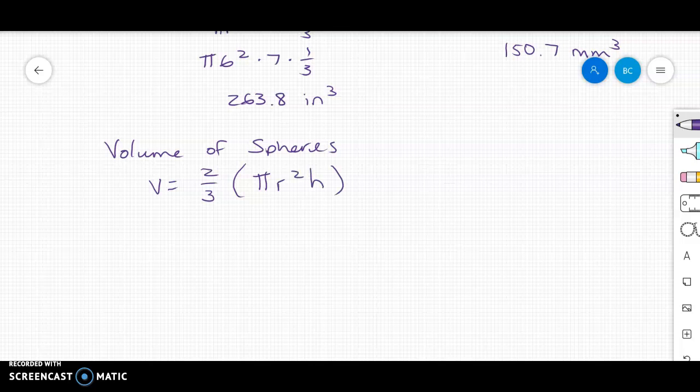And the height is going to be 2 times the radius. So I'm going to end up with 2/3 times pi r squared times 2 times the radius, which is 4/3 pi r cubed. So I'm going to use that on problem number 19, which is